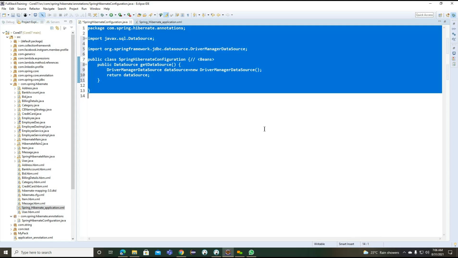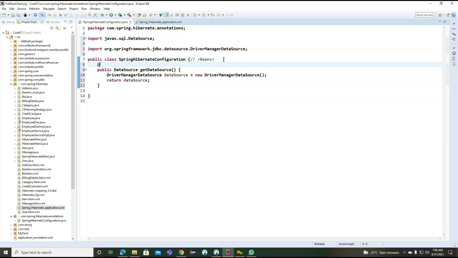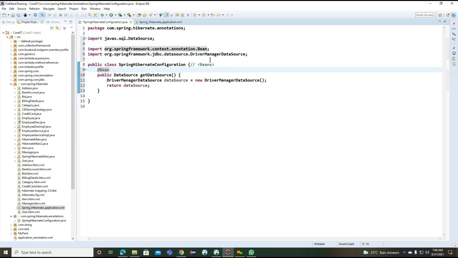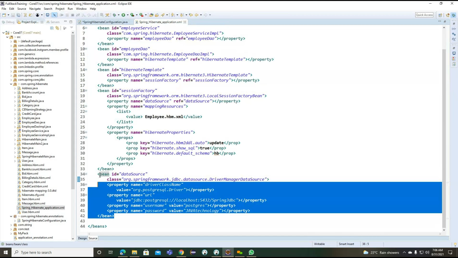Right. So now this is the data source object we created. On top of this data source, we can go for the @Bean annotation. This bean annotation indicates the bean tag, whatever bean tag we created in our application property file.